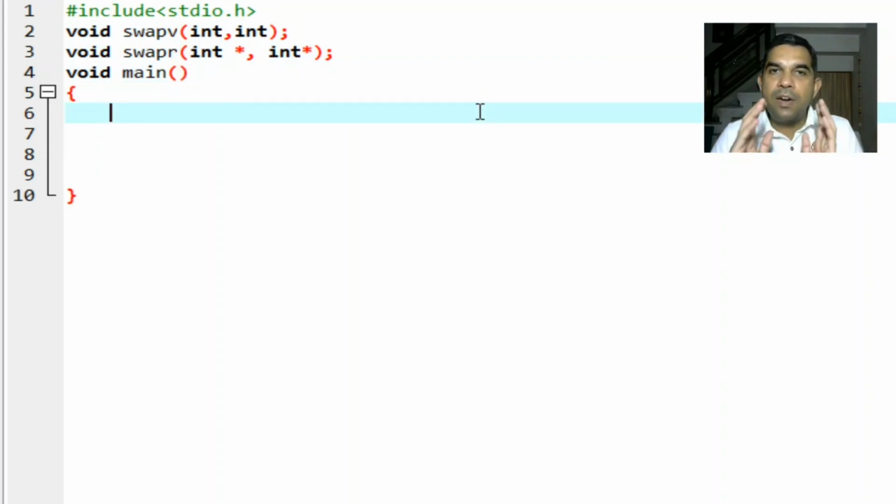So we have declared two functions, one in which we will pass values and second in which we will pass a reference. So how can we do that?